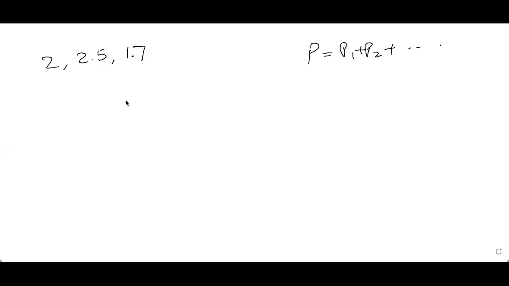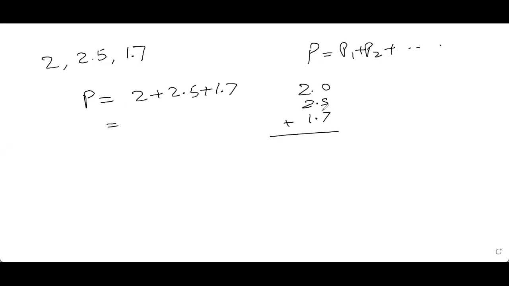Using this formula, thank you Chand for the explanation. Using this formula, we can say P equals to 2 plus 2.5 plus 1.7. So those who find it difficult to add, so 2, 2.5, 1.7. So 2 is 2.0. हम add करेंगे. 7 plus 5 is 12. Decimal point. 3 plus 3 is 6. So 6.2 is an incomplete answer. We will have to write that after.